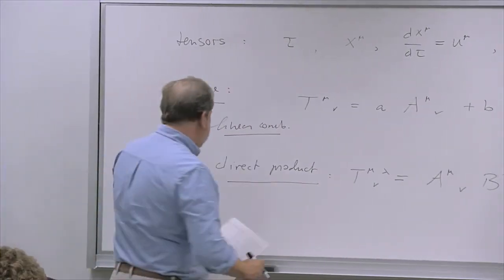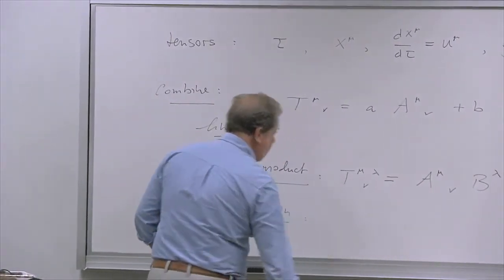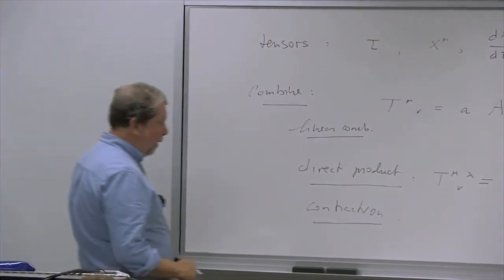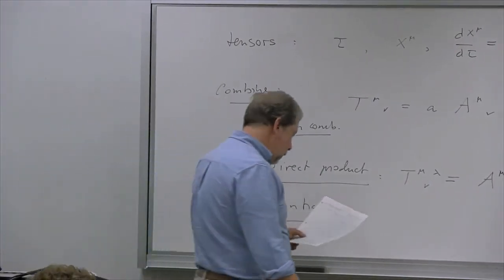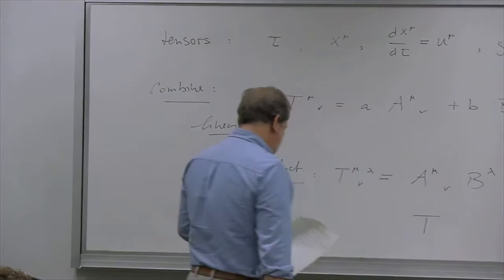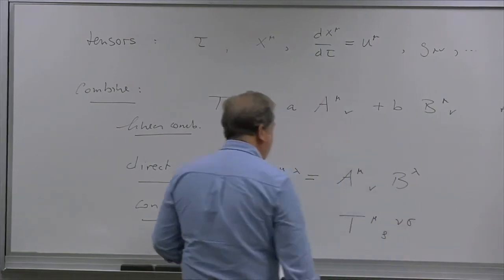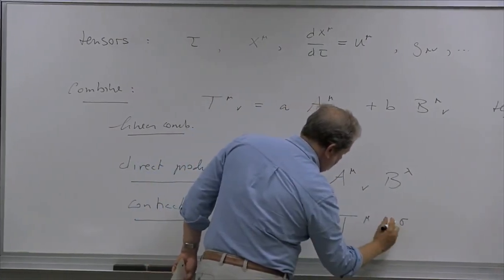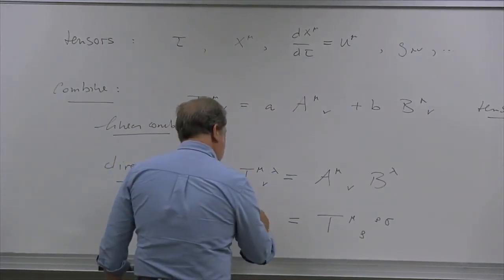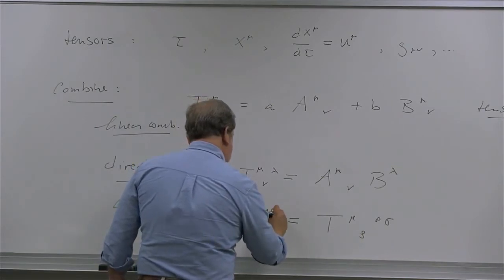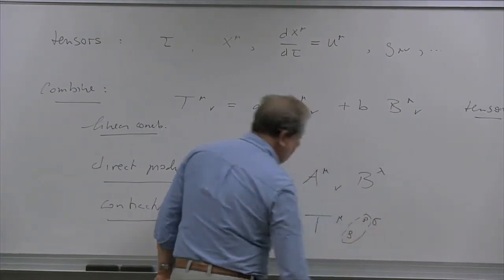And the other thing we can do is a contraction. So not only can we take a product to make a more complicated tensor, but we can also take two objects and sum over one of the indices. So that means that if we have a multi-index object like T mu rho nu sigma, right, what we can do is take these two indices to be the same, so call that rho, and sum over, and that is going to be equal to T mu sigma that has just two indices upstairs. So the process of taking two indices and summing them over would give us a tensor